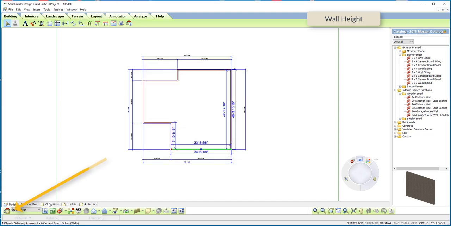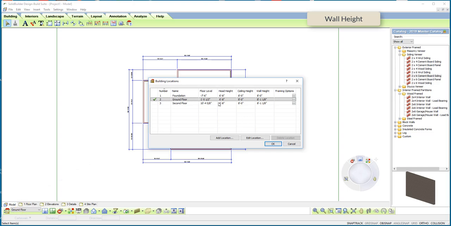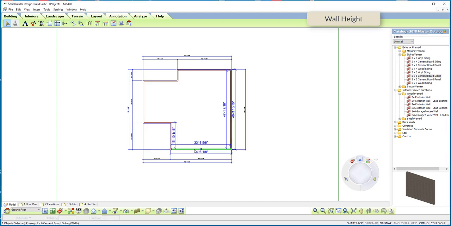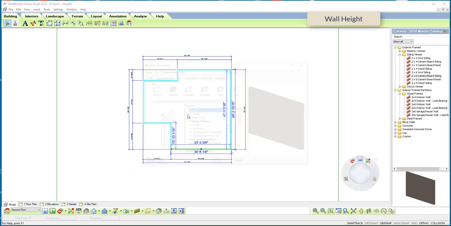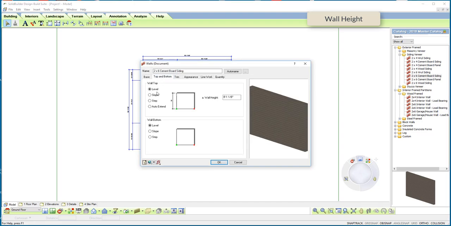Well, if we go down into our Building Locations tab, you'll see there ground floor wall height 8 foot 1 1/8. If I change this to 9 foot 1 1/8 and I draw a wall, the new wall will be at 9 foot 1 1/8, but the old ones will stay at 8 foot 1 1/8 or any custom setting. I can simply select a wall, right click, select all similar, and then go into the properties option and change that then to, in this case, 9 foot 1 1/8,